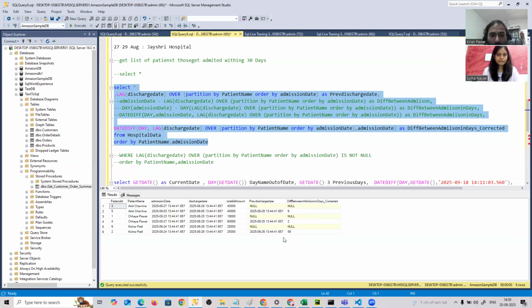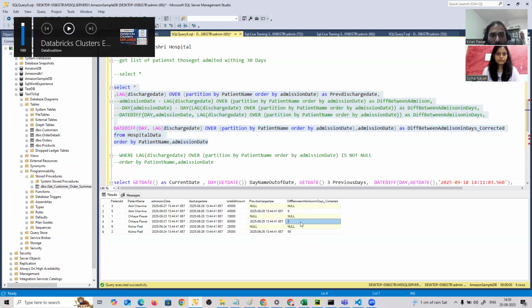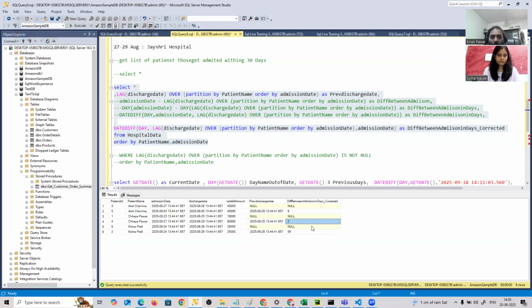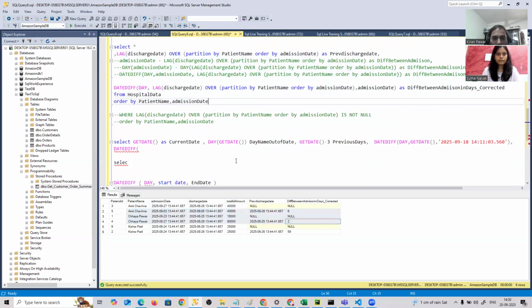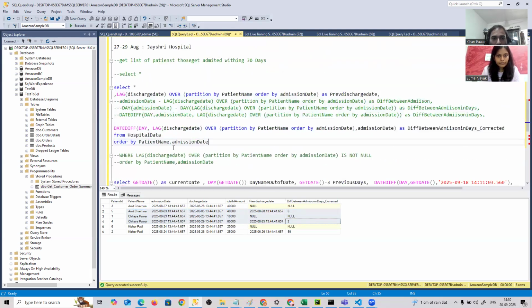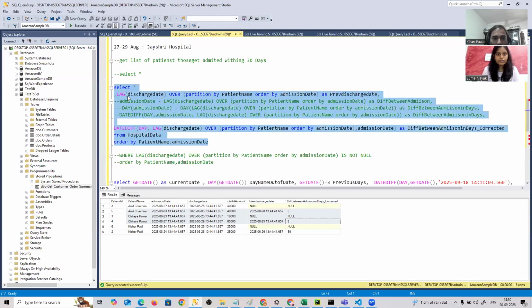I have to filter this based on the difference, whatever this difference is, right? It should be equal to or less than 30, right? Those are the patients that I want, right? So how can I get this? If I use the where condition here, there is a problem, right? The where condition is not working for this. So the where condition doesn't work with